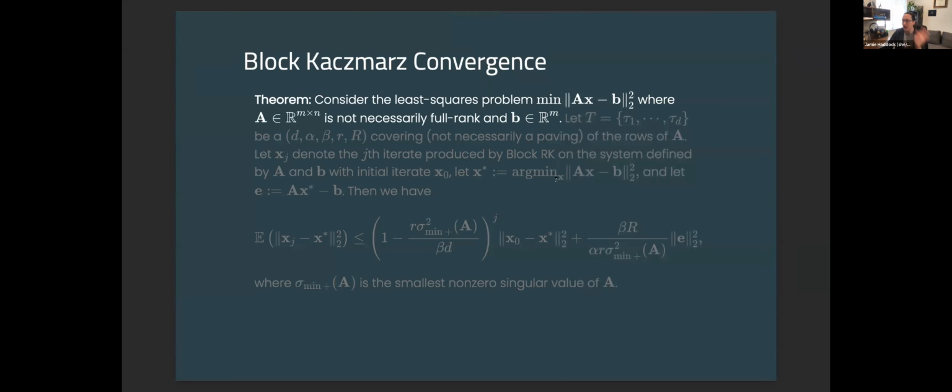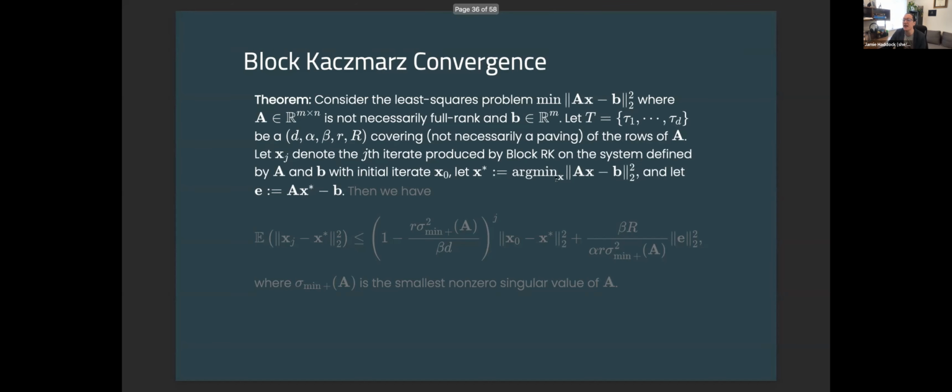Okay, so you've seen the block-Kaczmarz method. We're going to imagine applying the block-Kaczmarz method to a least squares problem where the measurement matrix A is potentially rank deficient. We're going to imagine that we have a row covering of the rows of A, and we're going to be running block-Kaczmarz on the system defined by A and b, starting from initial iterate x_0, and we're going to try to understand how closely these iterates get to the least squares solution. Okay, so what we can say is that the error of the jth iterate is bounded above by